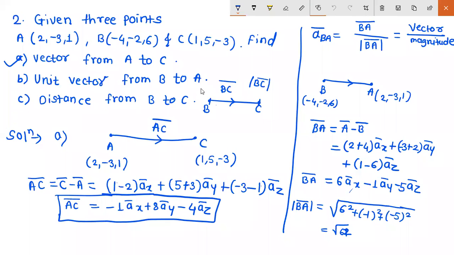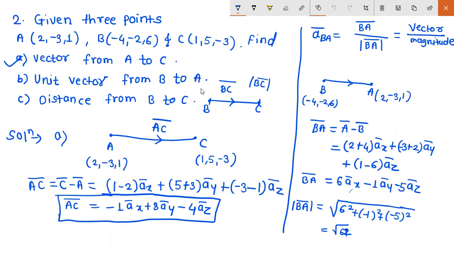In the last lecture, we saw what vectors are, how vectors are represented, and we solved numericals on these vectors. We saw how we can represent a unit vector, how any vector can be found, how we can find the unit vector from any vector, and how we can find the magnitude or length of that vector. We solved these two examples on that.